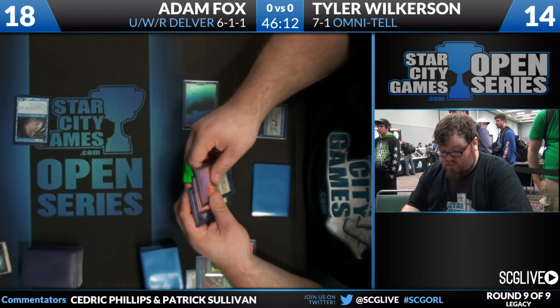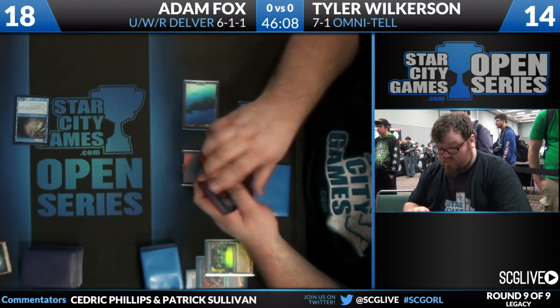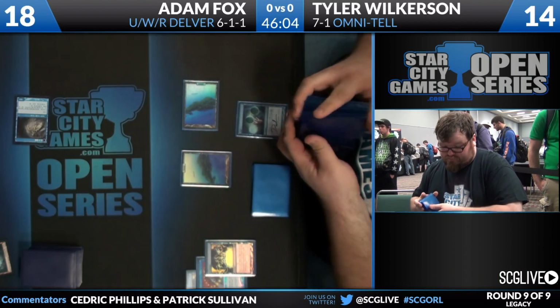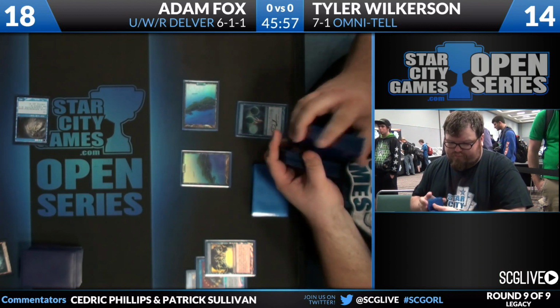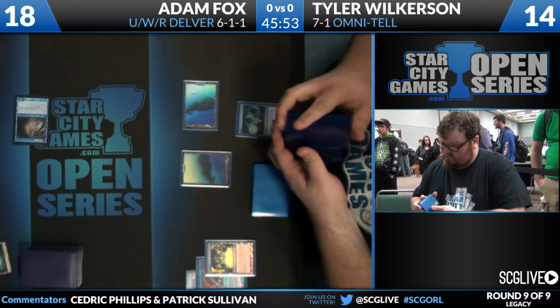Wilkerson with 2 copies of Gitaxian Probe in his list. You see Flooded Strand, and a Ponder for the Omnitel player. He says, that's not good enough for me. Let's shuffle it away. See what the mystery card's going to be. Yeah, unless he's borrowing this deck, the value of the cards he's playing signals quite a bit of passion about